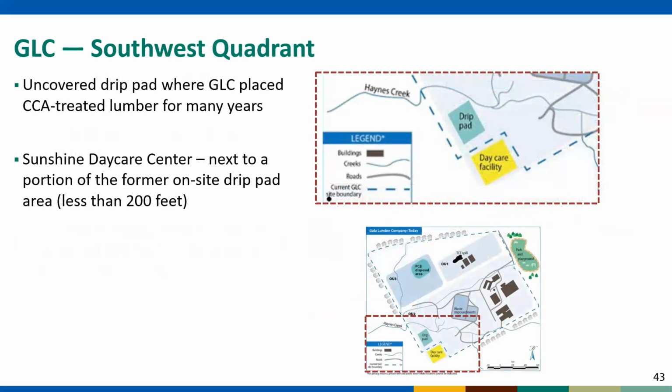So we will focus now on the southwest quadrant, where the map shows an uncovered drip pad where GLC placed chromated copper arsenate, or CCA, treated lumber for many years. The Sunshine Daycare Center is located next to a portion of the former on-site drip pad area. It's less than 200 feet away. We see the drip pad is very close to the fence line,